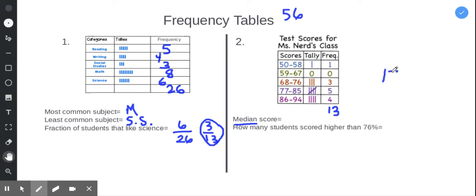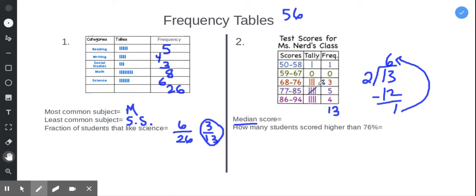So if I take 13 and I want to find the middle, I'm dividing it by 2. 2 goes into 13 6 times, which gives me 12, which means I'm left with 1 left over. So I'm going to add it on, and I'm going to make it my 7th data point. I should have 6 on each side. My 7th point is the middle. So if I have 1 there,